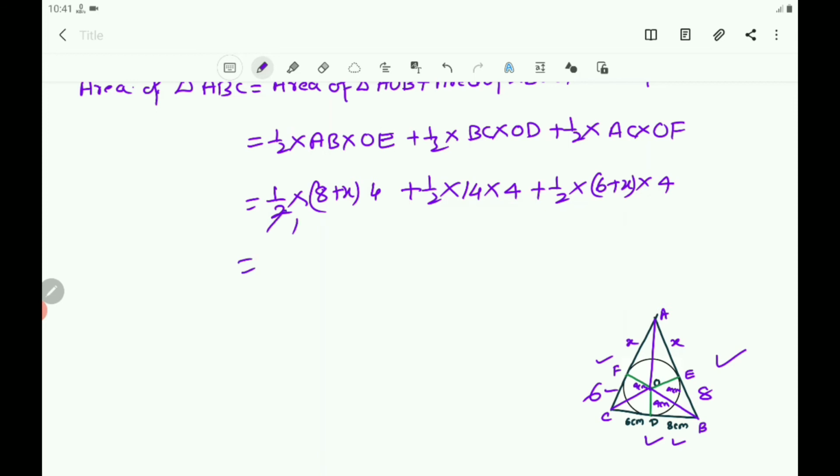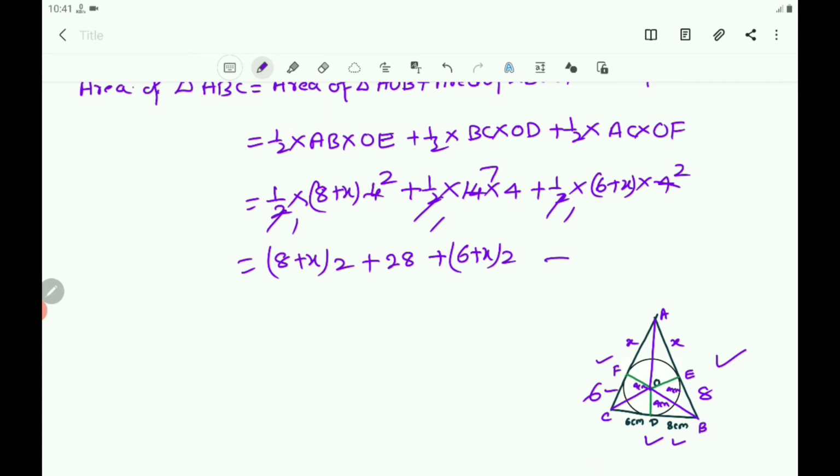Then 2 ones are 2, 2 twos are 4, 8 plus x into 2, plus 2 ones are 2, 2 sevens are 14, fours are 28. Then plus 2 ones are 2, 2 twos are 4, take 6 plus x into 2,